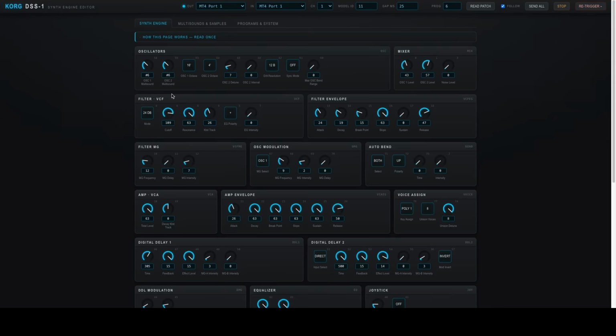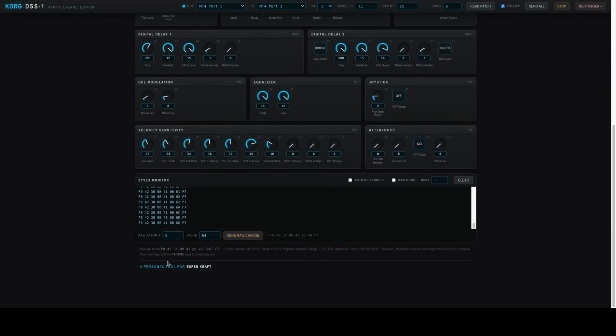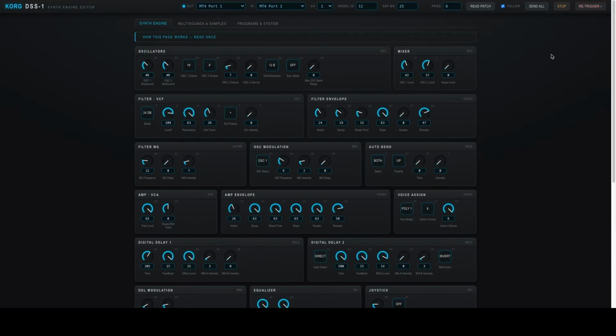I'm not saying there aren't bugs in this program, and if you download it and use it, it is as is. You're on your own. I don't offer any support or feedback calls on this app. This is made for me. It is a personal tool for me. So you are on your own if you download and use it, but it's worked great for me, and it can do a lot of things